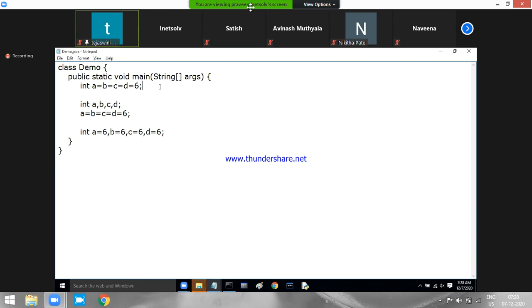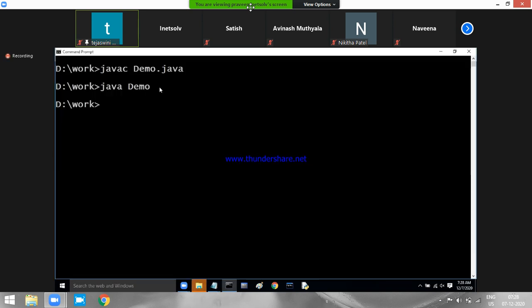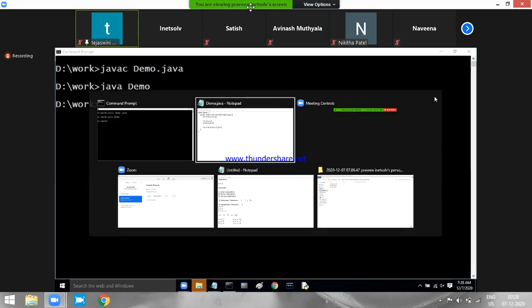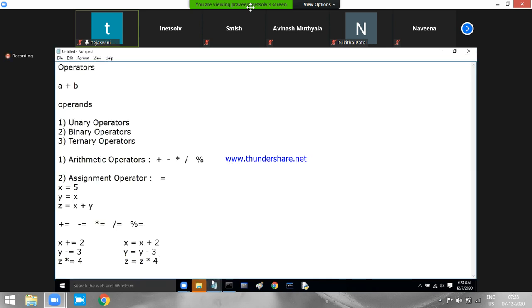So the only rule you have to remember for assignment operator is what? Assignment operator can be nested after the declaration, but not during the declaration there. That is the only rule that you're supposed to remember for your assignment operator. Is the rule clear here? Then moving on to the next category, we have something called as